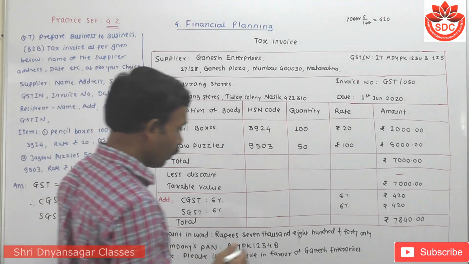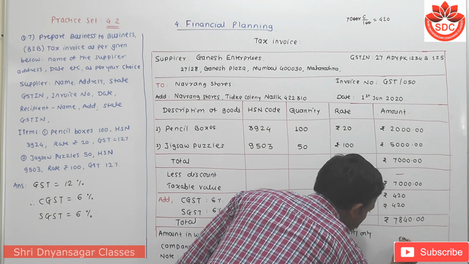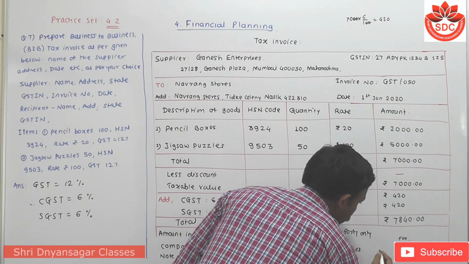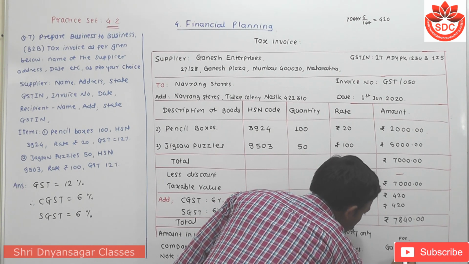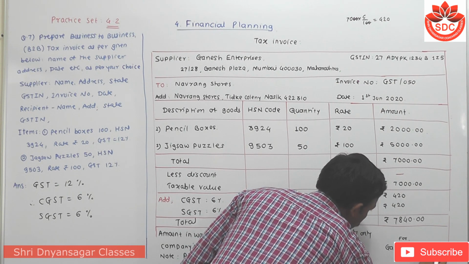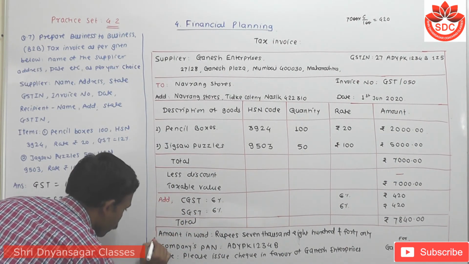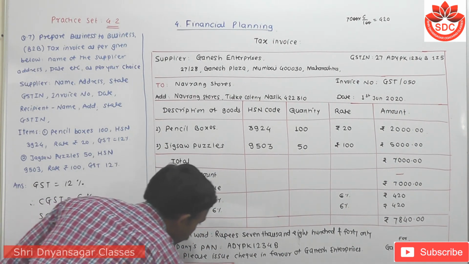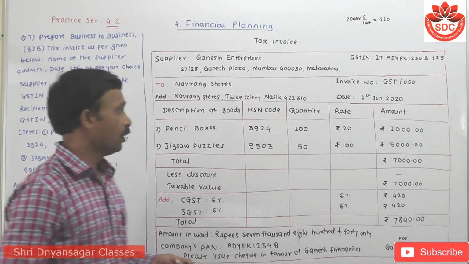Now then here you have to write, this is for, in that you have to write the signature here, for Ganesh Enterprises. Authorized signature here. Now then I have to complete this. This is